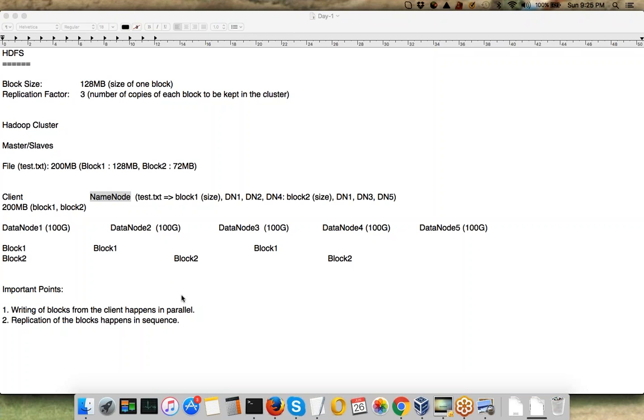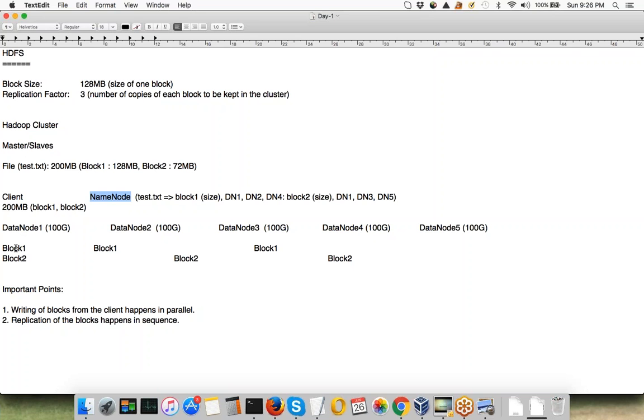Okay, Shweta is saying while writing the block 1, DN1 writes and asks data node 2 to write, and at that time data node 2 fails, then does data node 1 throw error to client? So Shweta, as I said, when client is writing the data to data node 1, right, first the block is written completely on data node 1, and then data node 1 will first reply to the client that your block has been written successfully. So nothing is wrong with that. Okay, after that data node 1 will start replicating the block to data node 2, right?